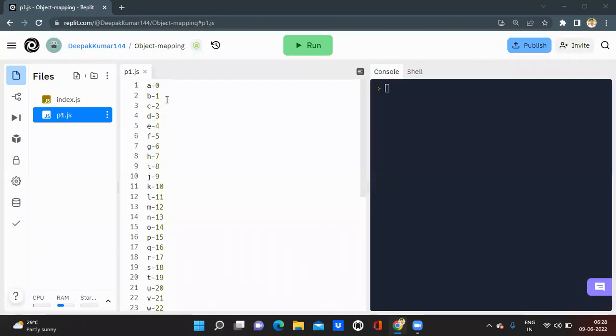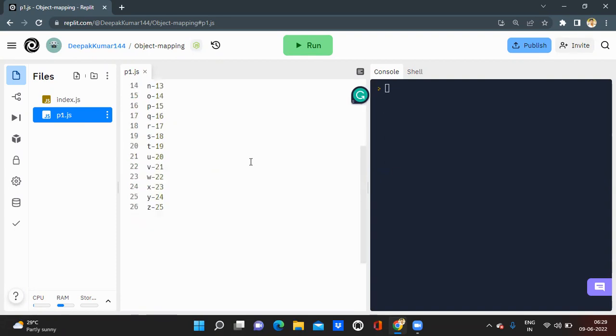Hello guys, in this video we will see how to map characters. We have to print A in the position of 0, B 1, C 2, D 3. We can easily get this type of result using a for loop. Suppose we have alpha equals to